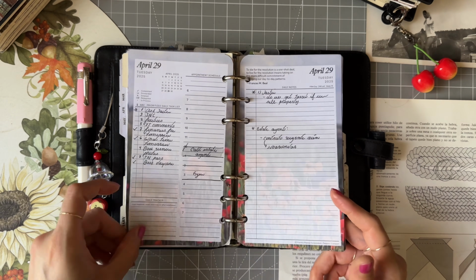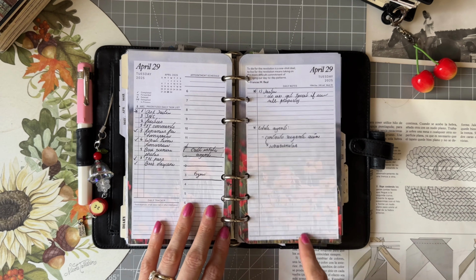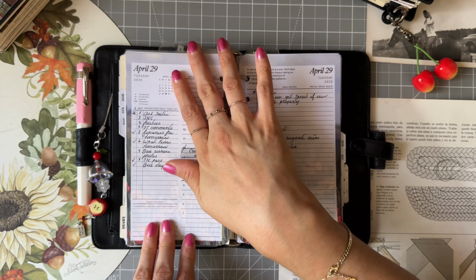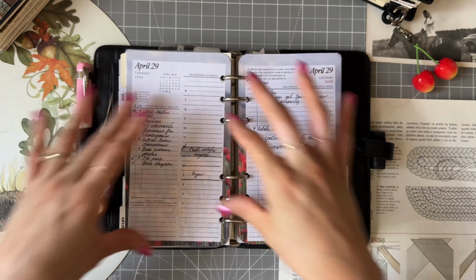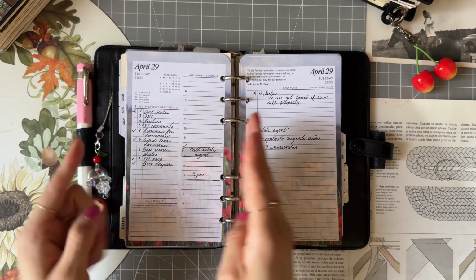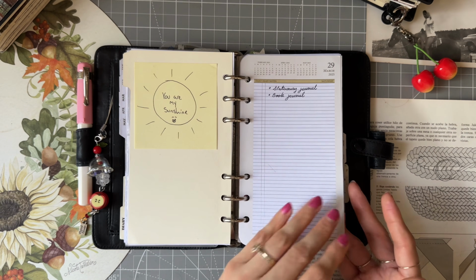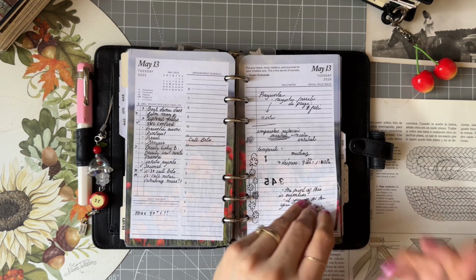So this has been April, and like I said, I've been dancing around the At-A-Glance and the Franklin Covey Seasons inserts. These are in the compact size, which are basically the same height as the personal size, but you will have to cut them down a bit in the width to fit the personal size, because the compact Franklin Covey, which are these ones, are a bit wider, so I just cut them to size and they fit the personal size very well. And these At-A-Glance are just personal size, so they are perfect already. This was the start of May, so you had a couple meetings here and there,